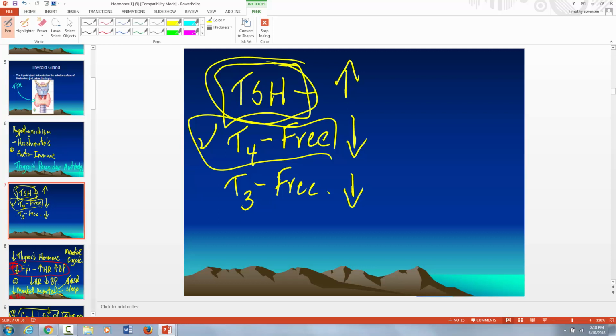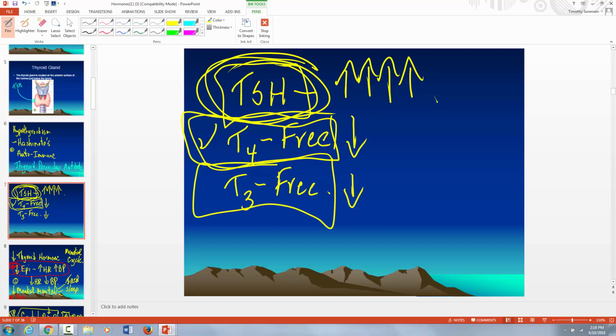So again, the analogy for hypothyroidism: if you are the parent, TSH, and your kid is T4, and you tell them to clean their room, and they don't do it, you have to keep telling them. So people get confused as to why the TSH would be elevated in hypothyroidism. All TSH is doing is telling the thyroid gland to produce the metabolically active T4, and then the liver produces